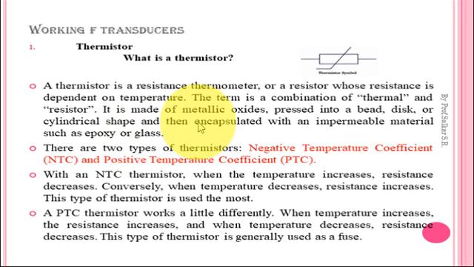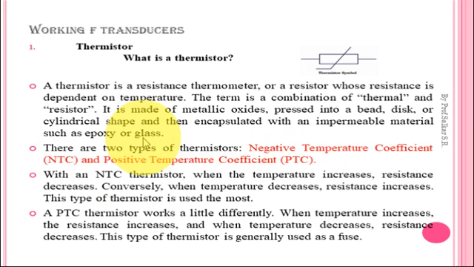So what is done to construct a thermistor? Initially the metallic oxides such as nickel, copper, cobalt and manganese etc. are taken into powdered form. Then the mixture of the powder is pressed under a high pressure, and they are formed into shapes like bead shape, disc shape or cylindrical shape. Once these shapes are formed using the metallic oxide, this entire assembly is then encapsulated with a waterproof or impermeable material such as epoxy or glass. So this is how the thermistor is constructed.